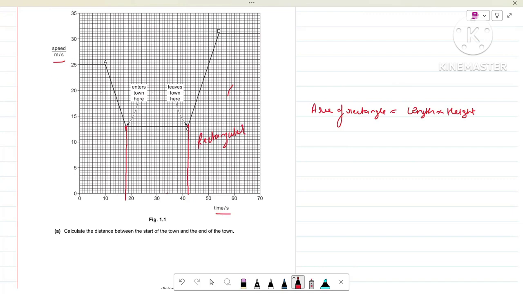Okay. So this length will be, this point will be 42 and this point will be 18. So length will be 42 minus 18, and height: this point is 12.5, so 12.5 minus 0, into 12.5. So 42 minus 18 will come out to be 24. So 24 into 12.5, it will come to be